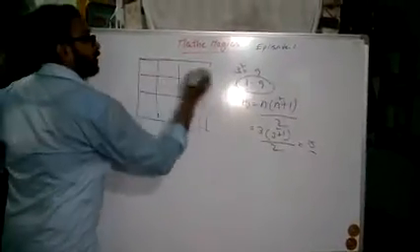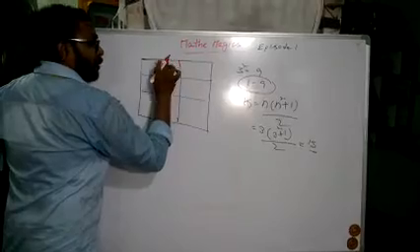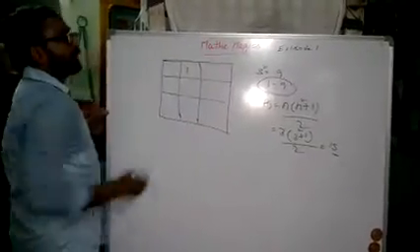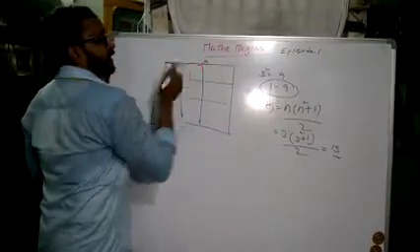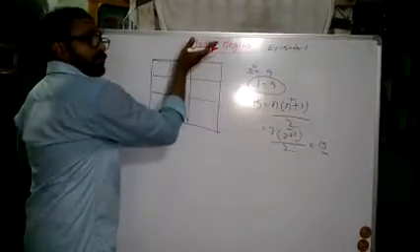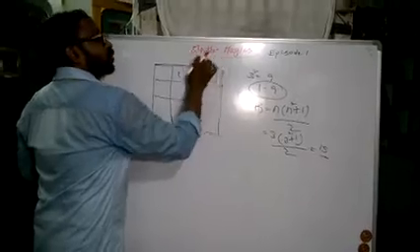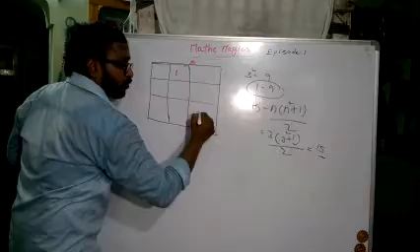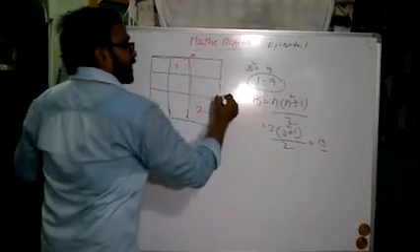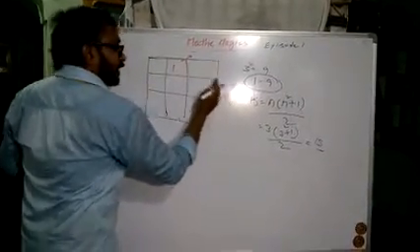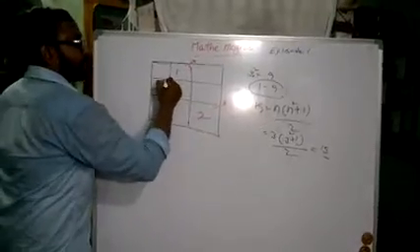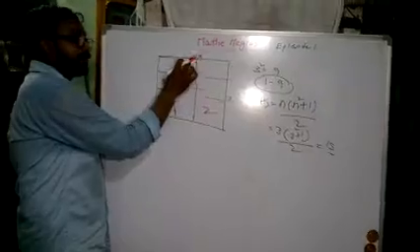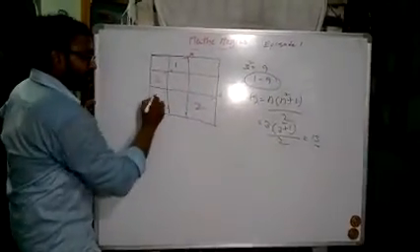First number is 1. We should fill 1 in the middle box of the first row. Then go right upwards diagonally. Follow my instructions. Right upwards diagonally, there is no place, so we have to come down to fill the second box with 2. Now right upwards diagonally, there is no place. Come leftwards, 3. Then go right upwards. There is a box, but it is not empty. It is filled with 1. So that is why I come down here.